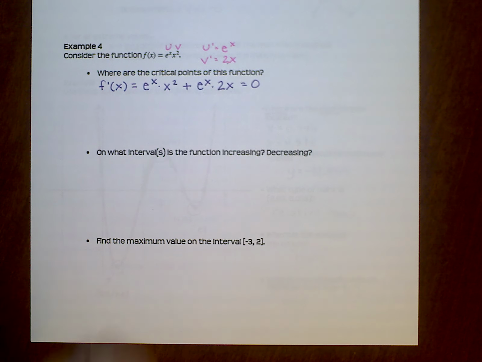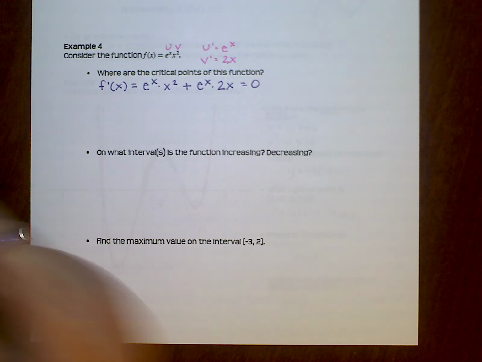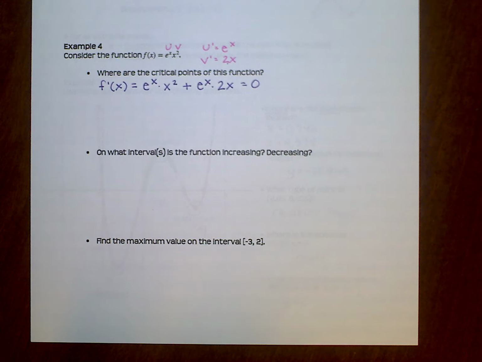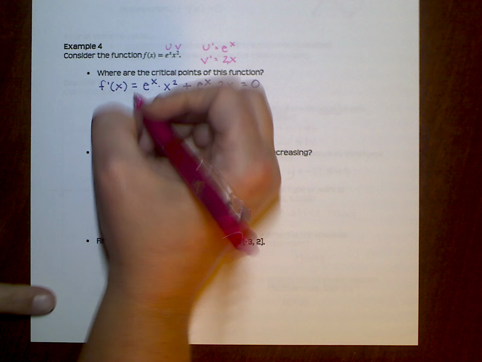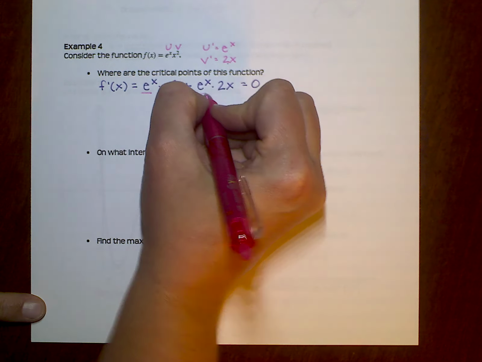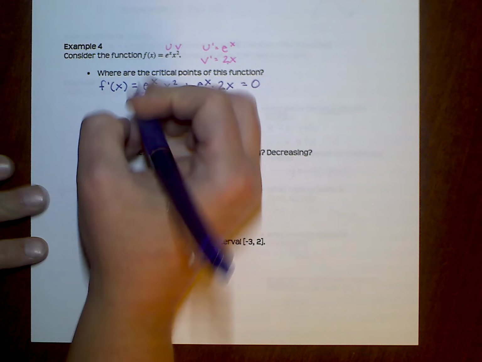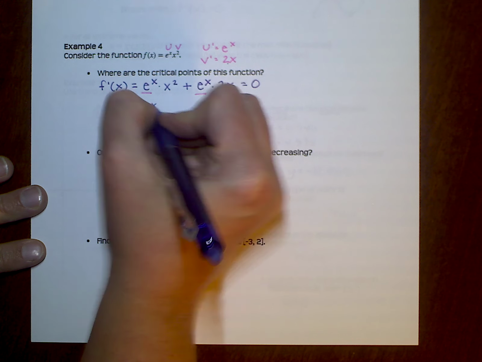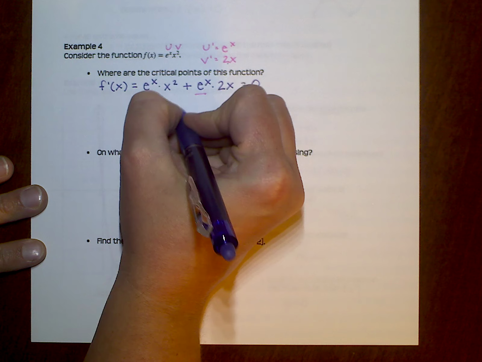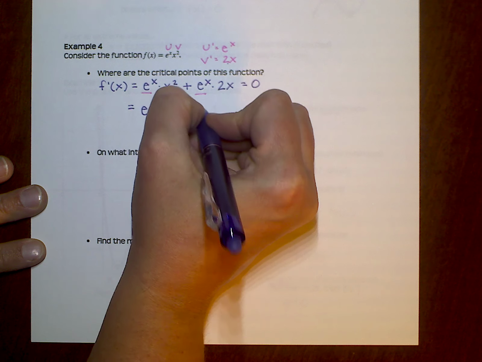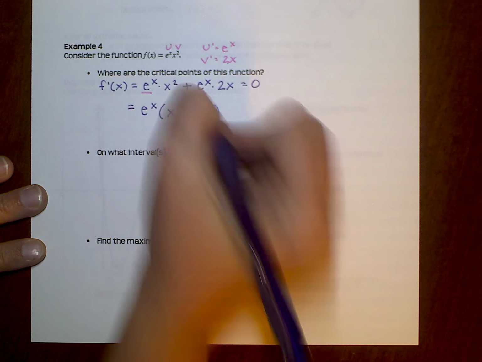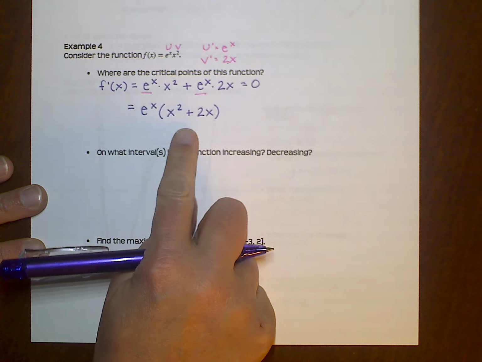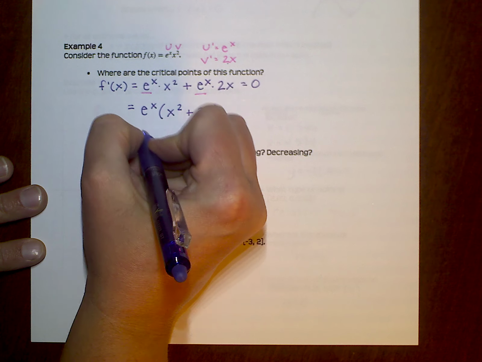Now, solving this is a little trickier, okay, than the ones we've been doing, because the ones we've been doing I think have been pretty straightforward from this point. What I do want you to notice is that both of these terms have an e to the x in them. So I think I'll start by factoring out the e to the x. So then I have e to the x times x squared plus 2x. And actually, x squared plus 2x could even factor further. I could make this e to the x